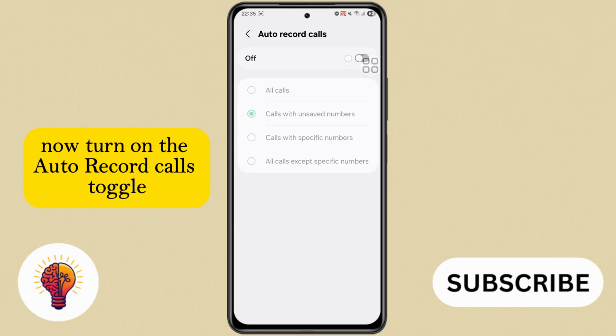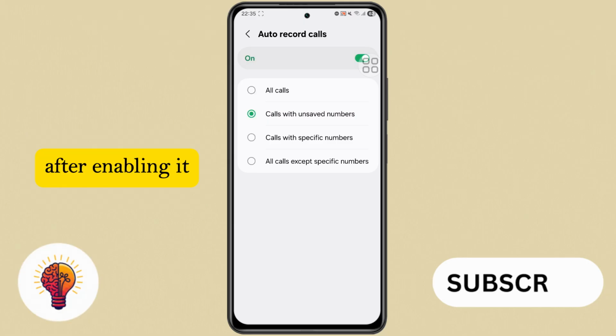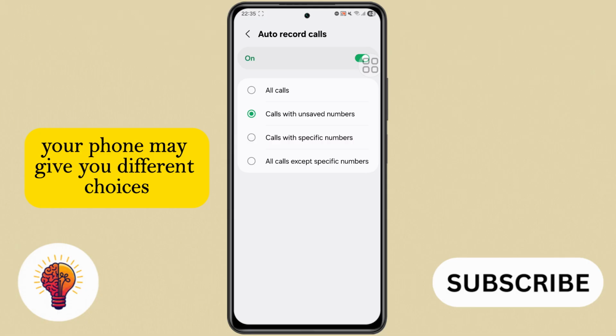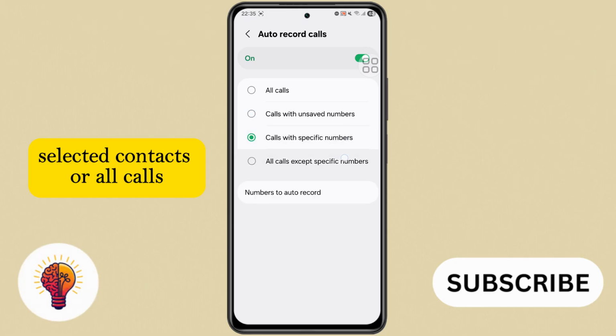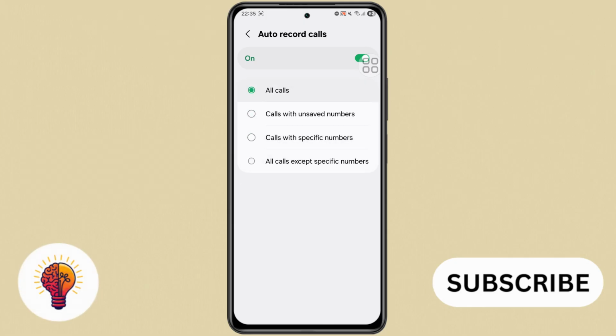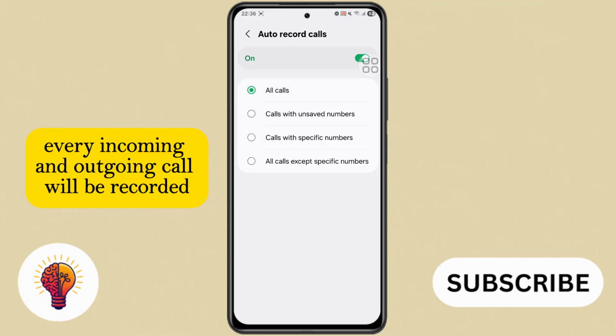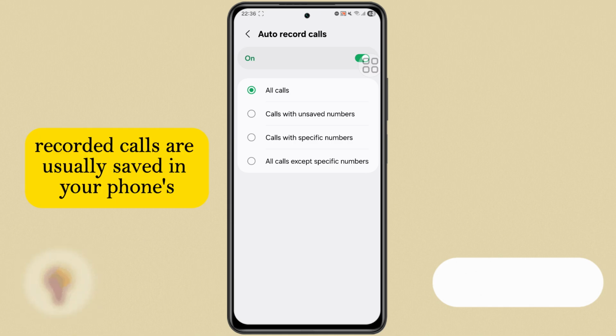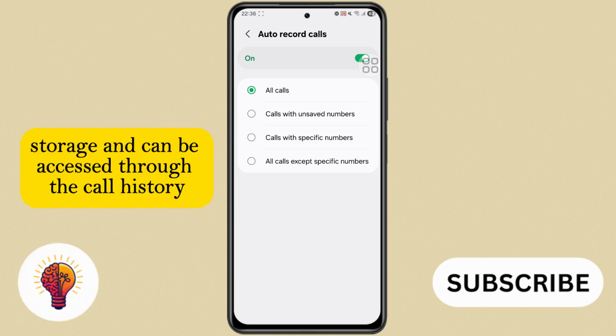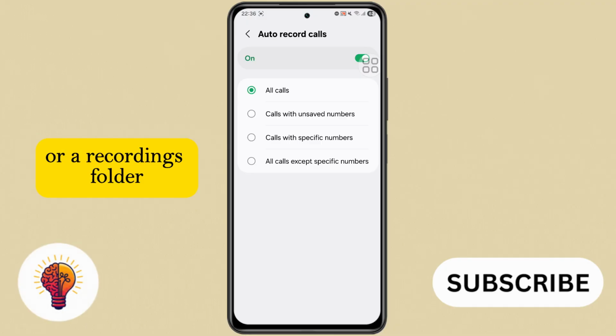Now, turn on the Auto Record Calls toggle. After enabling it, your phone may give you different choices, such as recording unknown numbers, selected contacts, or all calls. If you choose all calls, every incoming and outgoing call will be recorded automatically. Recorded calls are usually saved in your phone's storage and can be accessed through the call history or a recordings